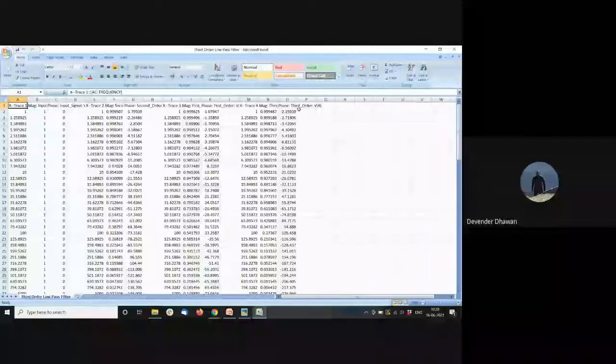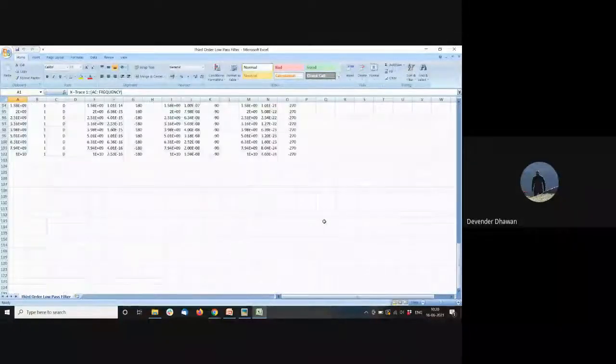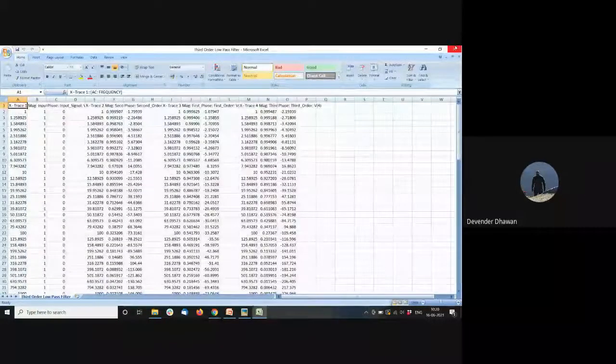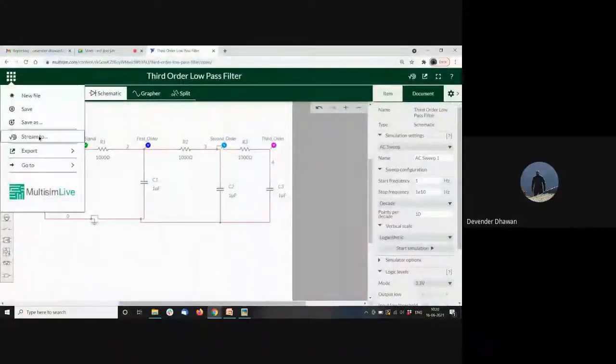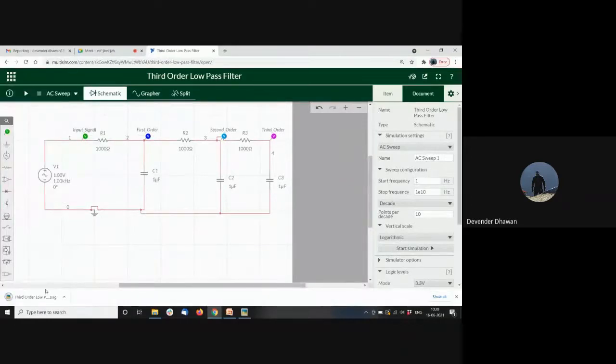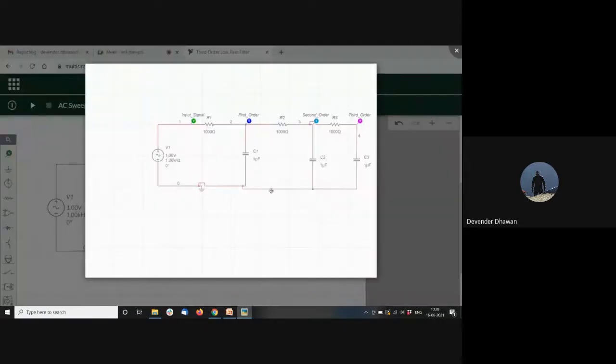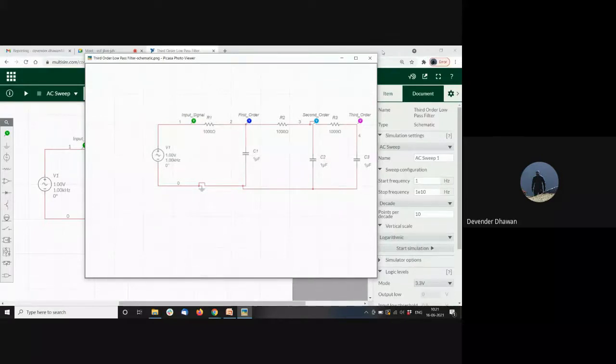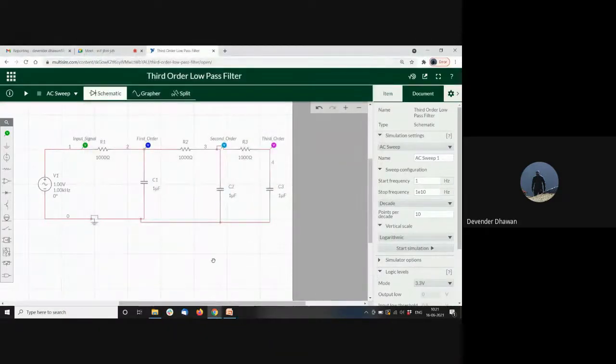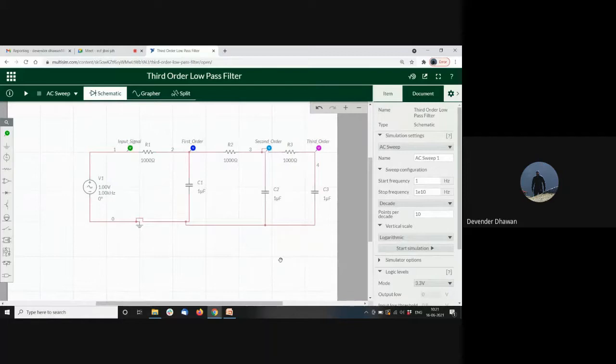So you have all the data here, and you can just plot it and then do some analysis over it. And then you also have your schematic image, which would look like this. It shows your circuit diagram, the graph you have received, and then the graph data. So all three components you can download and use for further analysis. In the same manner, we can use a high pass circuit also. You just have to interchange the RC.